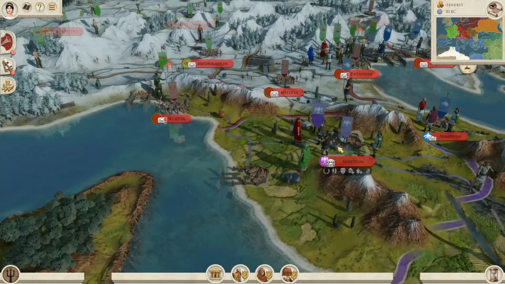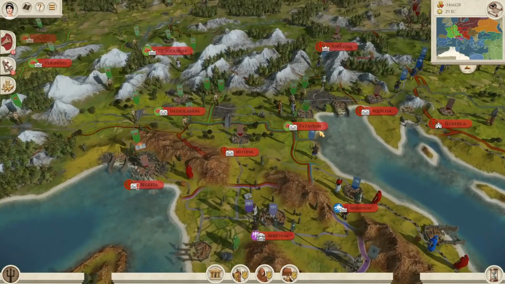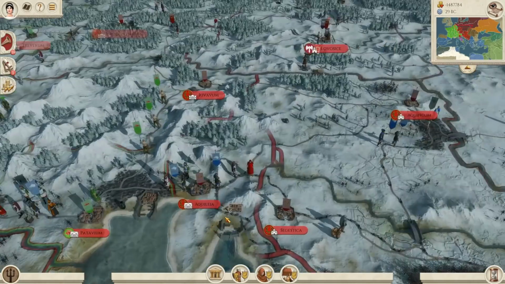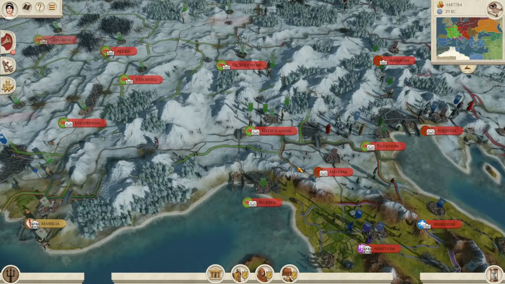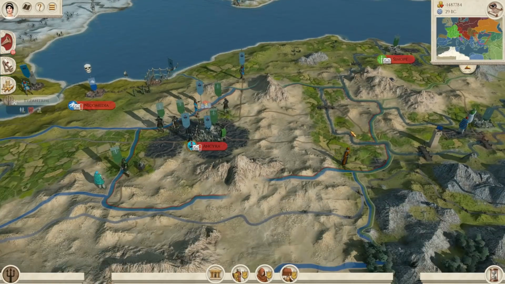Wow, did not see that one coming. Alright, the Gauls took Patavium. It's not looking good for Caesar. And Segestagon as well. Oh no, it's going. Caesar's about to die. I cannot believe I'm saying this, but Crassus handled it much better and has taken Sinop